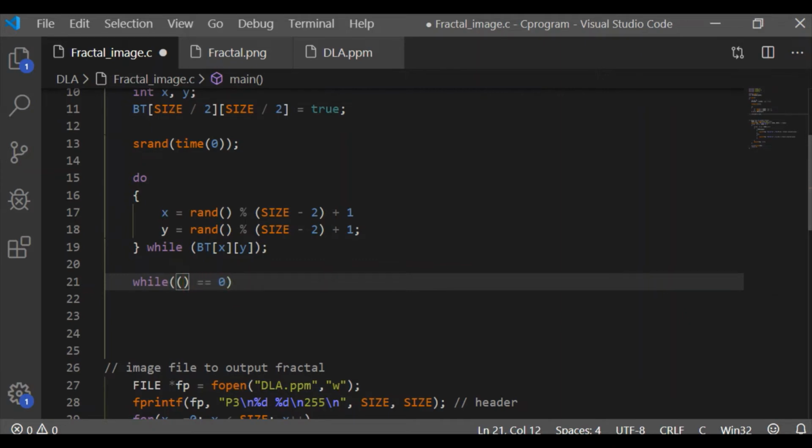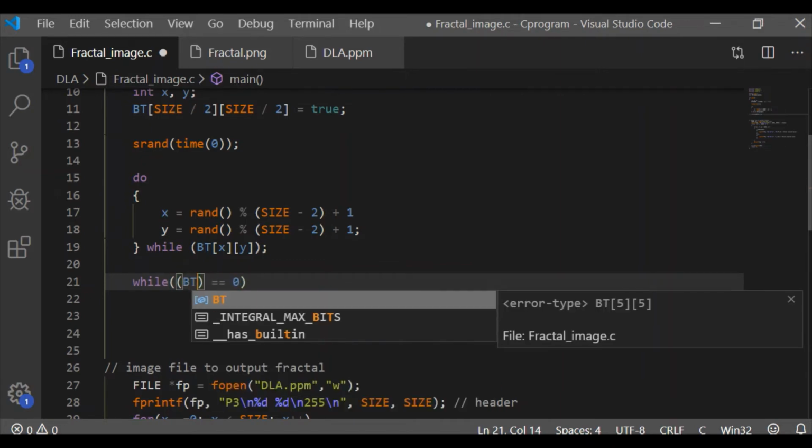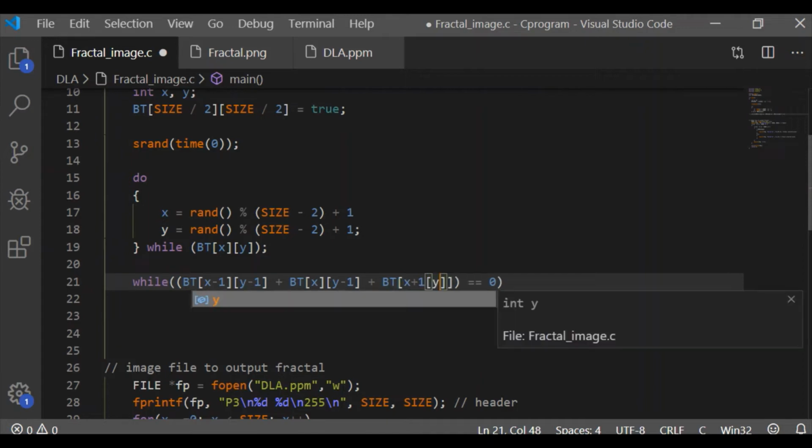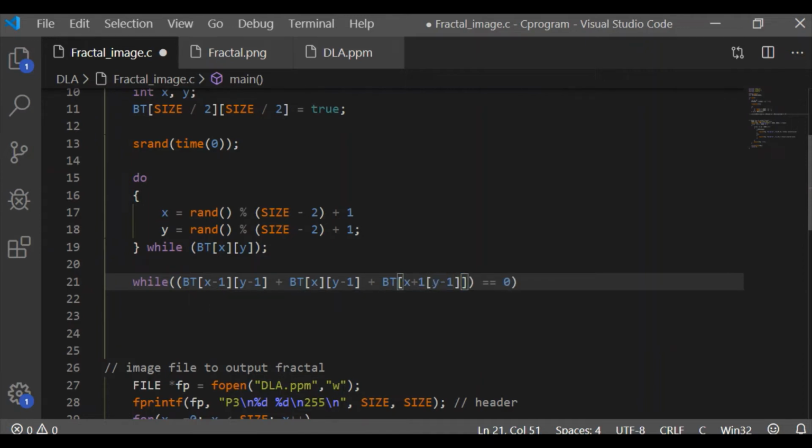On getting this new position, we have to see if the neighbor from the current position has a seed or a particle. For the current pixel, there are 8 neighbor positions, 3 on the top, that is y minus 1, one row above the current row, with x minus 1 on the left side, x on the same position, and x plus 1 on the right side.